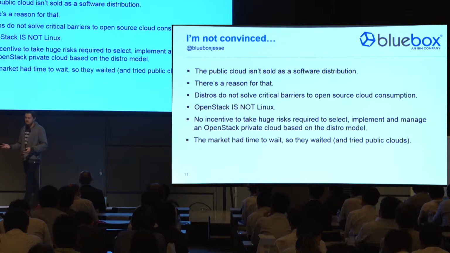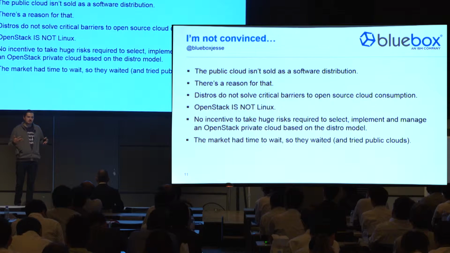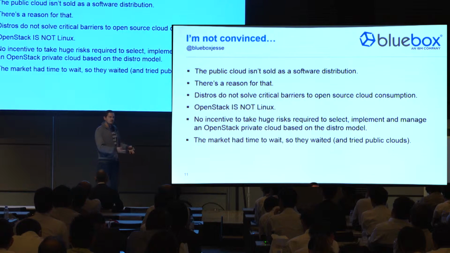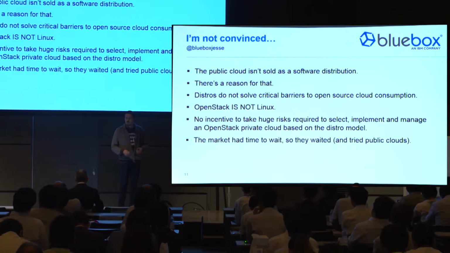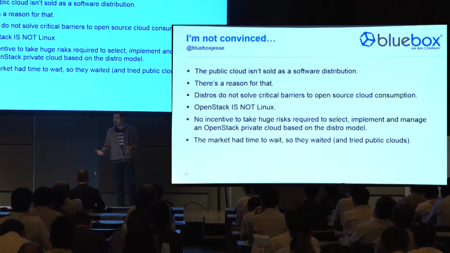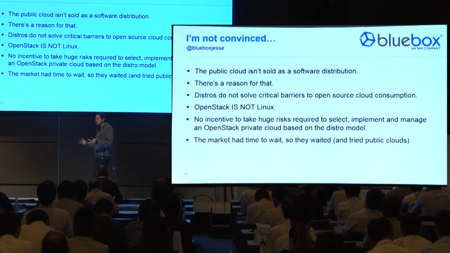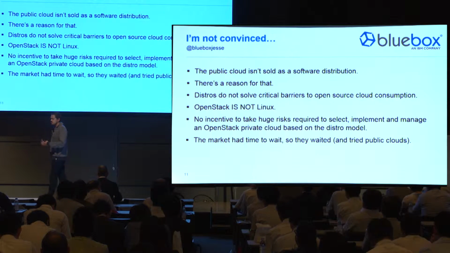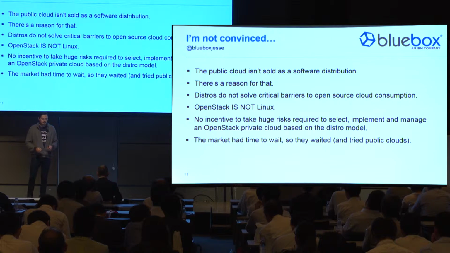So distributions, in my opinion, do not solve that cloud reality. We're not selling software, we're selling an experience. Second, OpenStack is not Linux. When a single Linux system goes down, you may have impact to one database. When an OpenStack environment goes down or has a problem, that might be your entire production environment. And so the blast radius, the impact in a failure from Linux to OpenStack is much greater. And selling it as a software distribution doesn't pay attention to that fact.